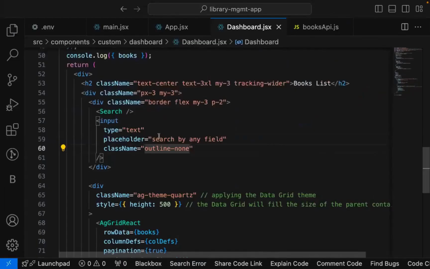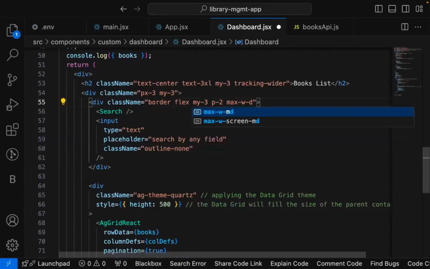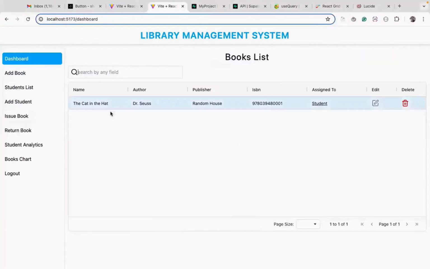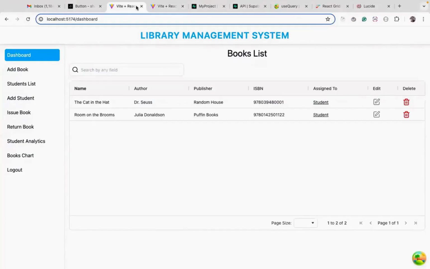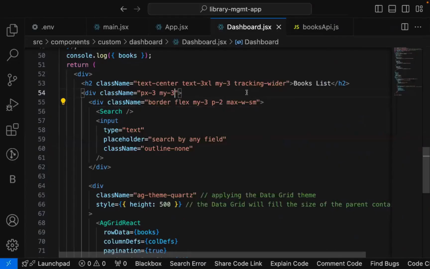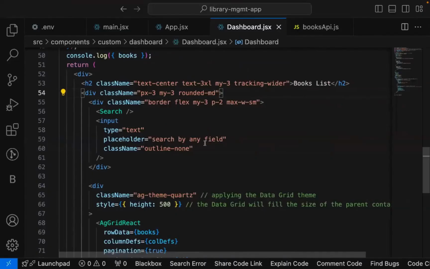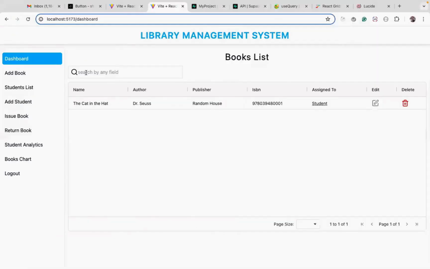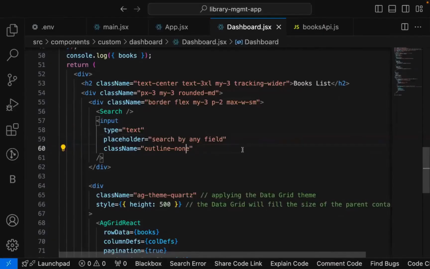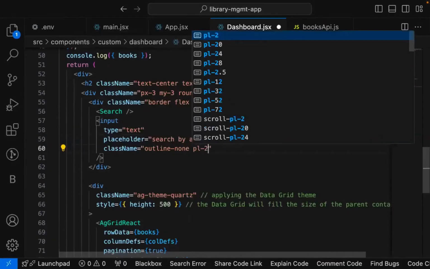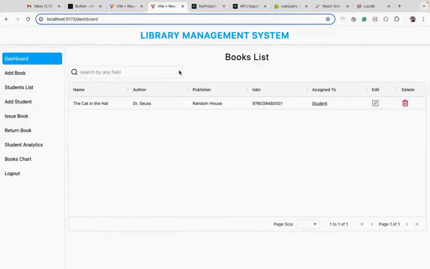And let's decrease this width. So you can say max width and let's say small. Yeah, this looks better. Let's make this rounded. Here I can say rounded MD. Yeah, this looks better. Search by any field. Product. So here, let's add some margin. Padding left. Yeah, this looks better. Now, when I search here, I want to filter this out, but for that we need